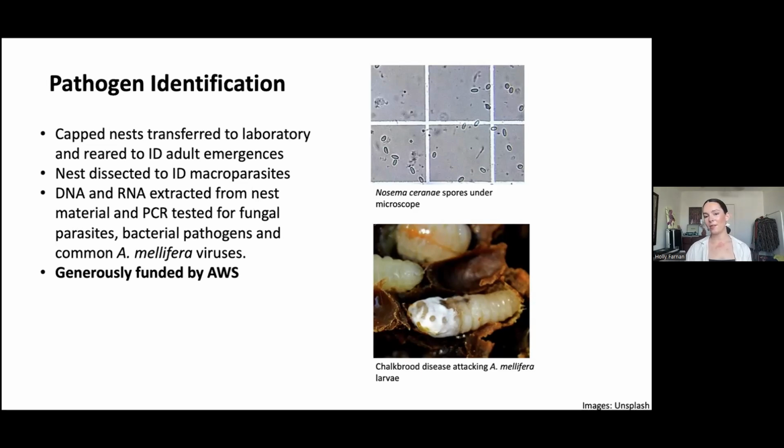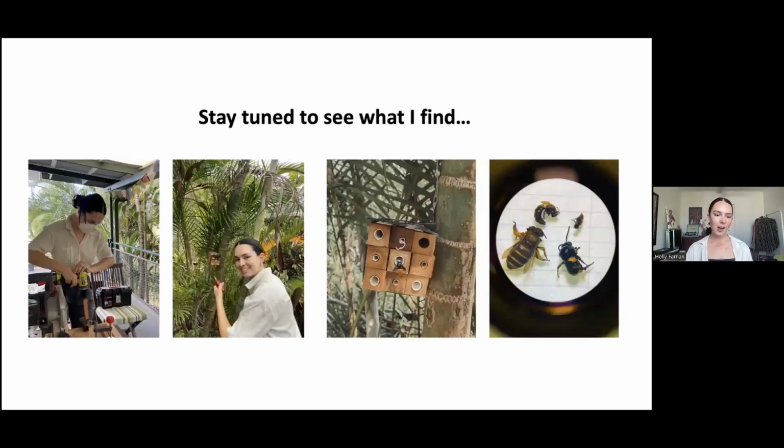And on the right, we have some of the pathogens that I'll be looking for. So far, I've been very busy building hundreds of bee hotel blocks, and I've also piloted my methods for checking, and I've had a few bees visit. This is a fire-tailed resin bee in this picture here. And then I've also sampled some bees in my vane traps, and I'll be starting my field study in the next few months.